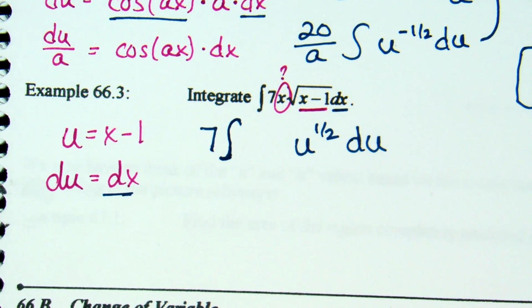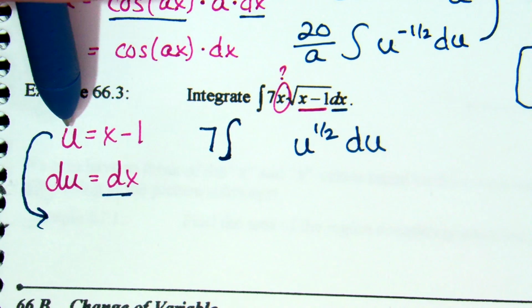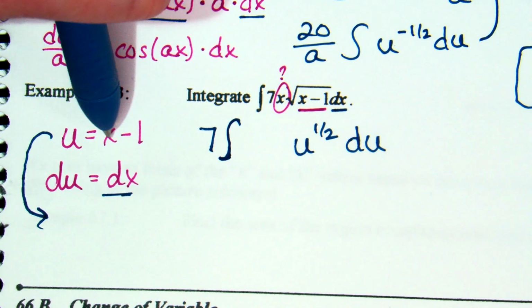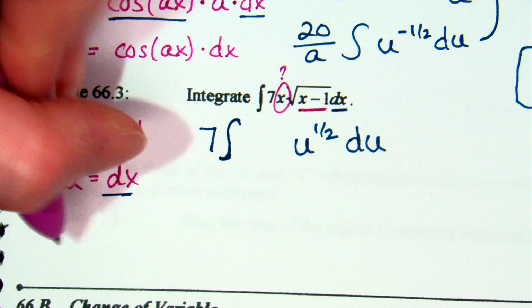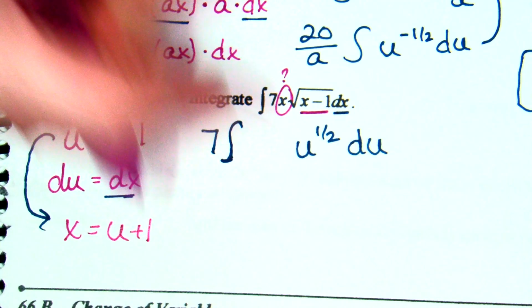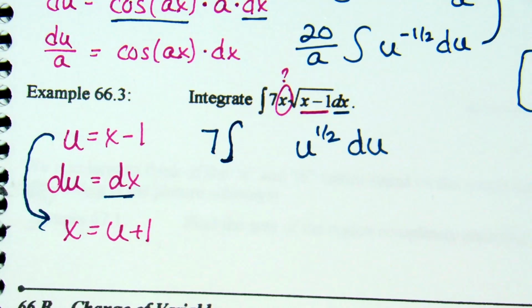Until we solve the topic equation for x. Yeah, and that's exactly what we need to do. We have a connection between u and x, right? We created a connection between u and x when we suggested, okay, we're going to go with u equals x minus 1. You can move this around and it still be equal, right? If u equals x minus 1, what does x equal? Add 1 to the other side and x equals u plus 1. Can I substitute that value in for x? Yes. And so here, x is going to be